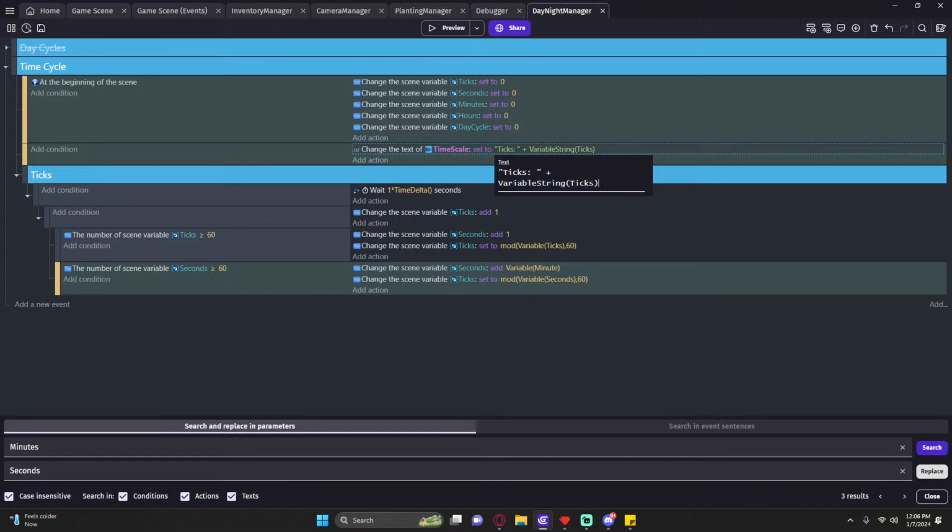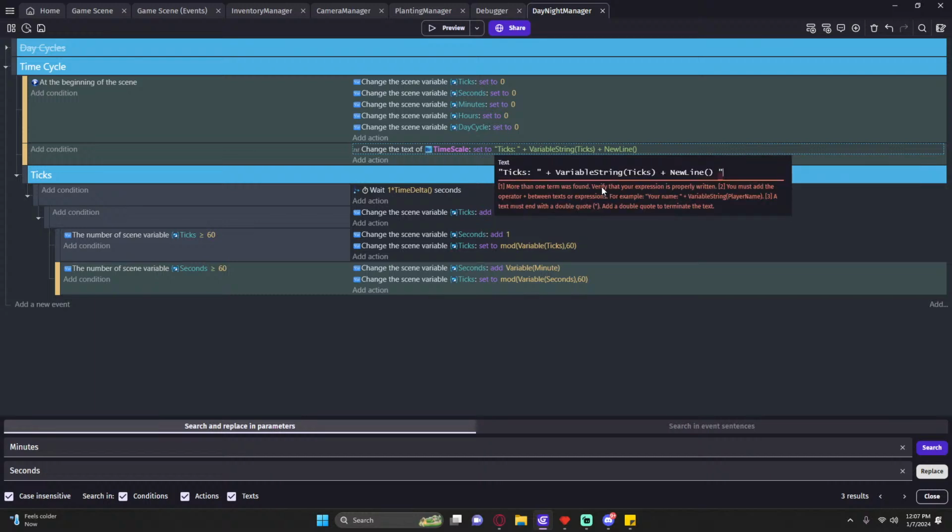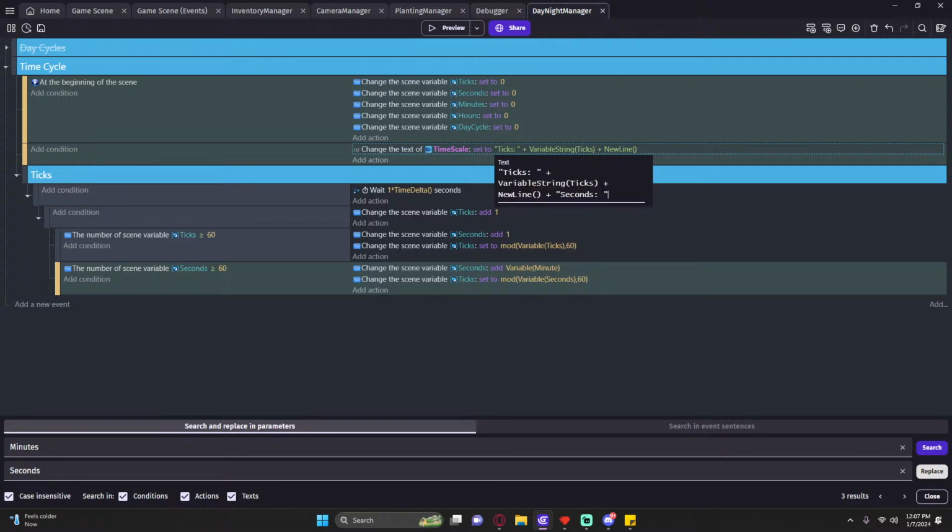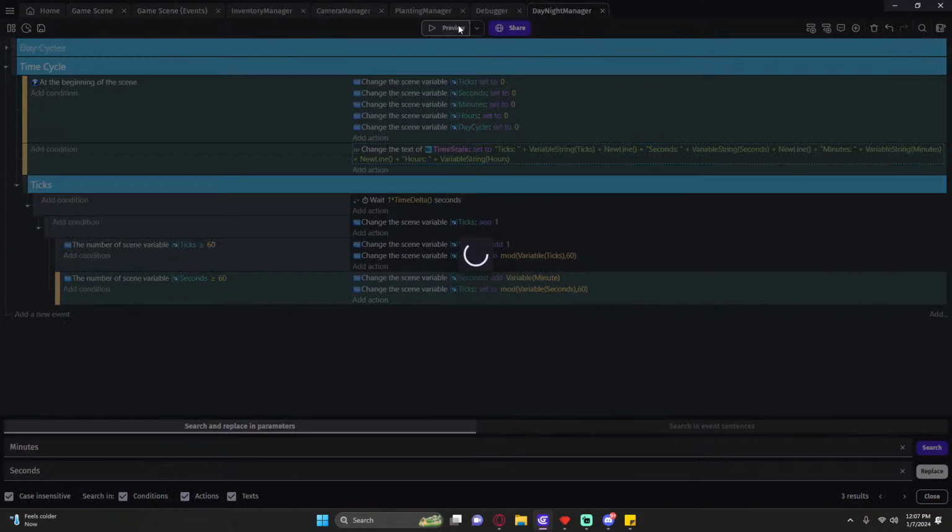Now, when we go back into our day-night cycle, we can do plus new line. Adds a new line. Now this one needs to be plus seconds. Space plus variable, and now instead of ticks, seconds. And then we're just going to copy this whole thing again and change minutes. One more time. Hours. Hours. So now